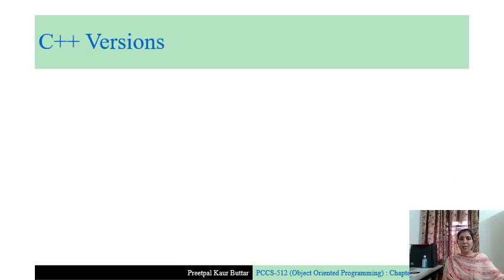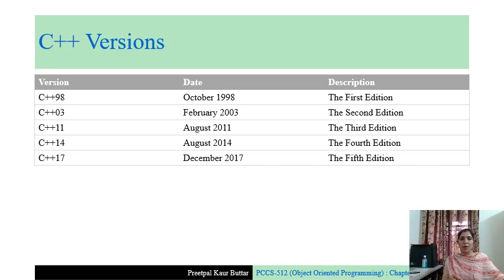C++ has many versions. C++98 was released in October 1998. It was the first edition of C++. Then came C++03, which was released in February 2003 as the second edition of C++.